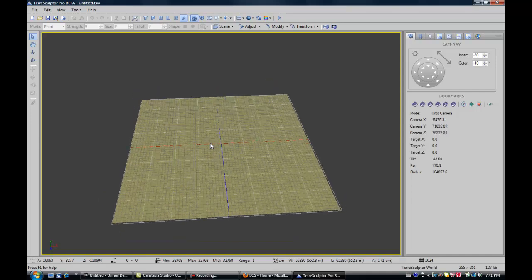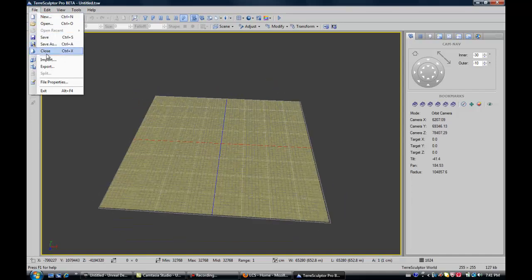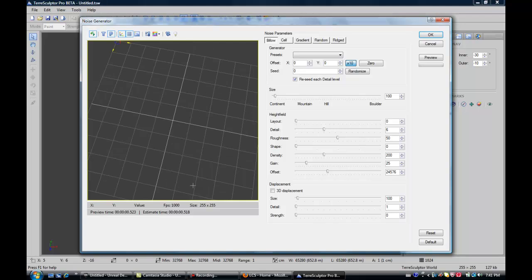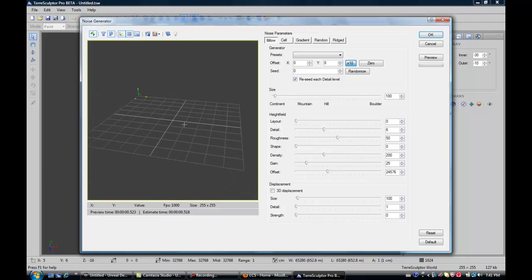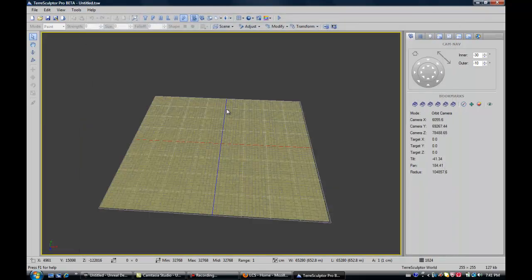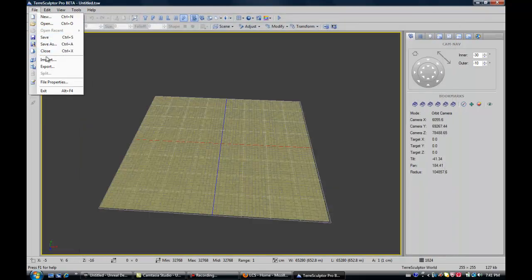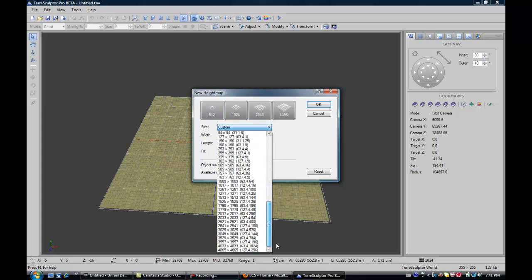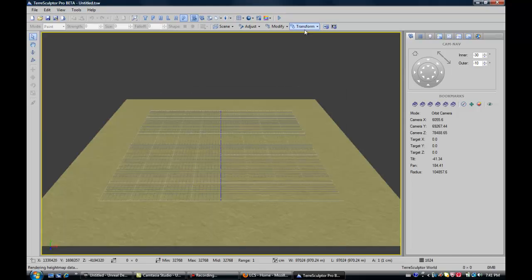So, oh wait, 1 second actually. I can't do this for some reason, and you do this, you go into here, check. Oh, the computer's already freezing. Yeah, it doesn't preview it. For some reason, if you have terrain size under 256, it just doesn't render when you go into the next step. So, if you have that problem, you have to just go size up, and you can always go into